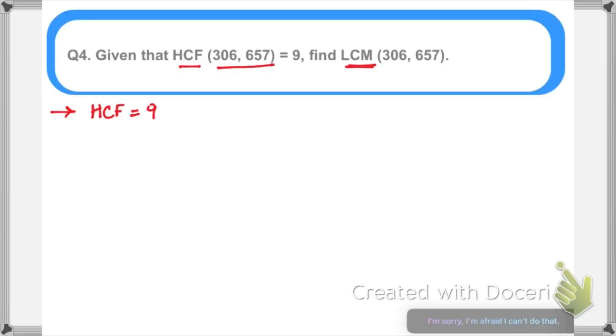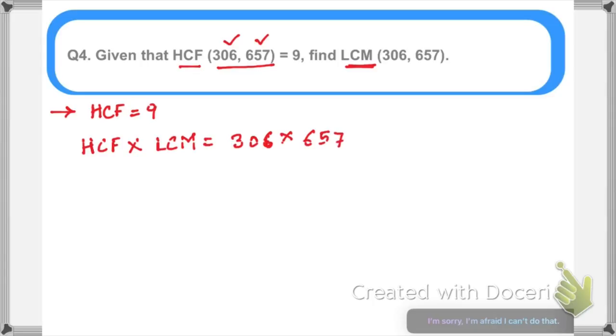Okay, so here there are only two numbers, 306 and 657. So in case of two numbers, you can easily apply that formula, that HCF into LCM is equals to product of the numbers, the product of two numbers, 306 and